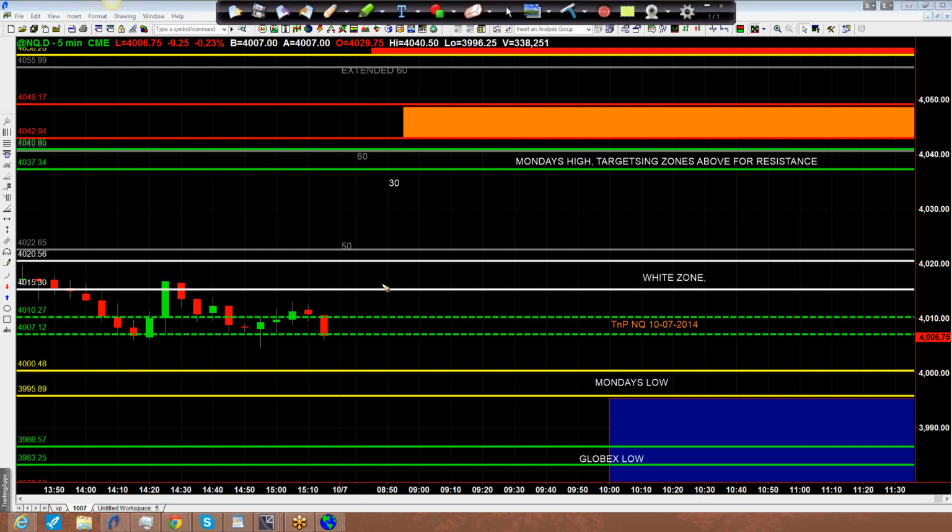If we look back 2 weeks from now, we could see that, oh wow, it rotated right up to the back here and then it fell 100 points. Is possible, right? Not probable, but possible. But what we tend to do as traders is lose track in the minutia of the intraday stuff, and we forget bigger picture. Bigger picture, this whole thing, this whole area up here is important. Okay, on the downside,